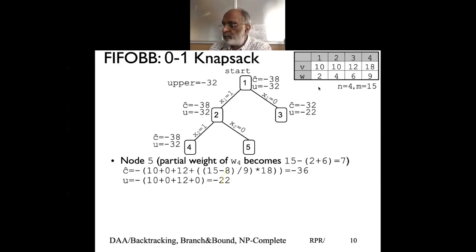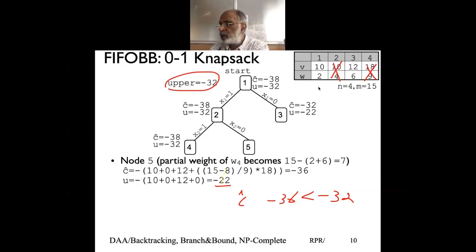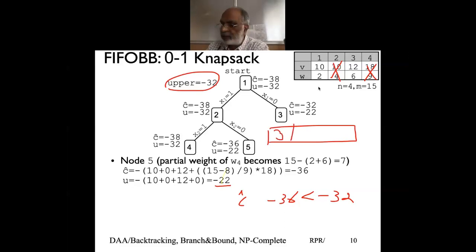And my U at X, remember in this item we are anyway not considering, after computing U at, we don't take the partial item, we don't take this either. So my U at becomes minus 22. So now you look at my C hat is minus 36. Minus 36 is less than minus 32. So it hasn't exceeded this. That means this will still remain a live node and be considered. Previously my live node was 3, and I got another live node, the upper does not change. And since both 4 and 5 are live nodes, they'll be added to the queue now.